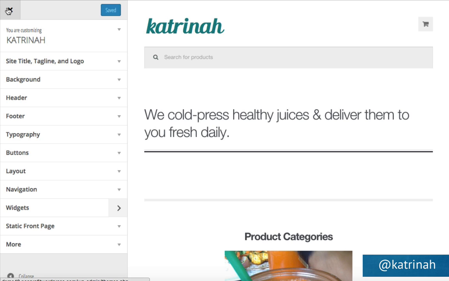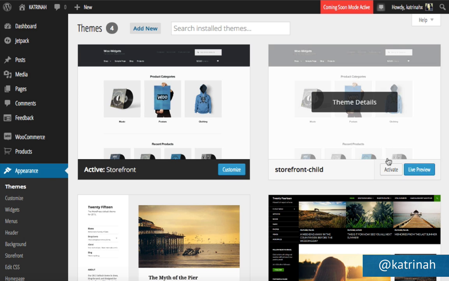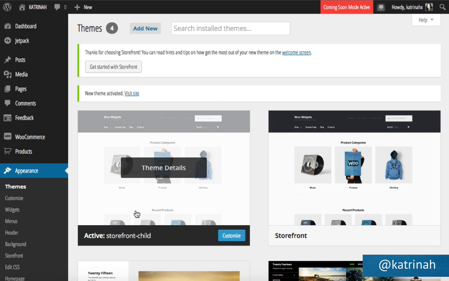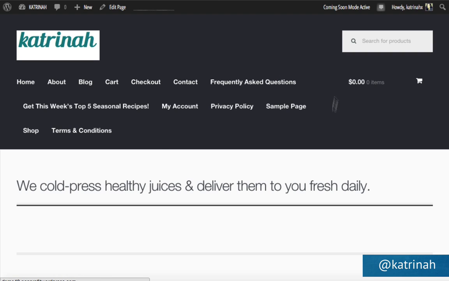Okay, so I'm going to close this out right here, and I'm going to go back to the Themes section right here. I found this page by going to Appearance and Themes, and then here on the right-hand side I'm going to activate the child theme by clicking on Activate. Now we see that the active theme is the child theme right here, and when I check it out by going up to the top and clicking on Visit Site, we will see a little bit different page right here, but no worries, we're going to take care of this in just a few seconds.